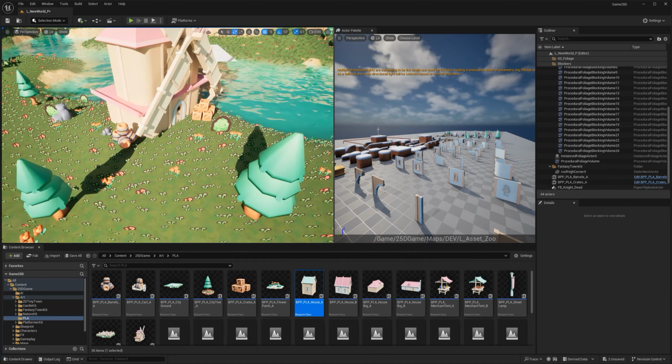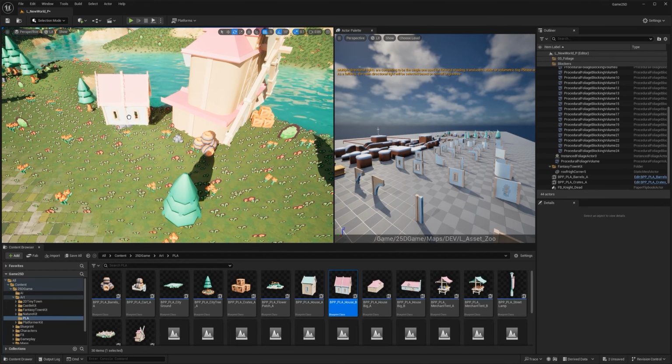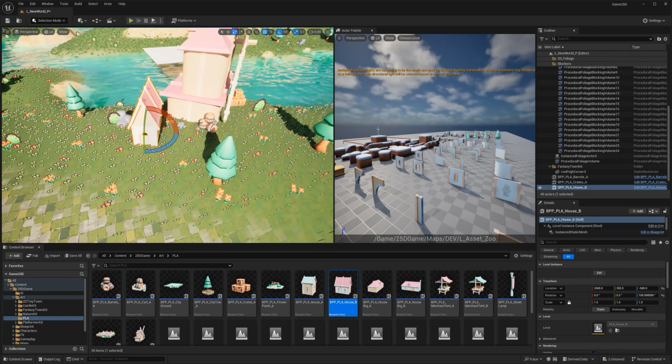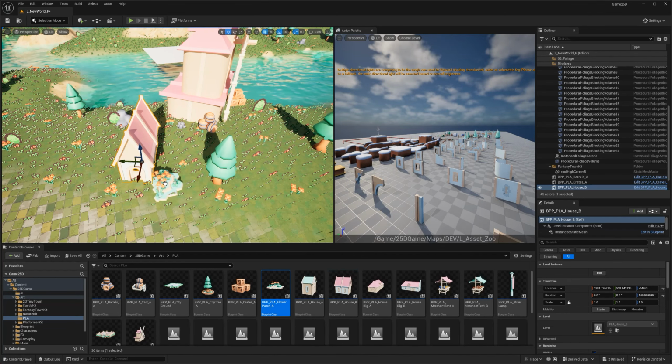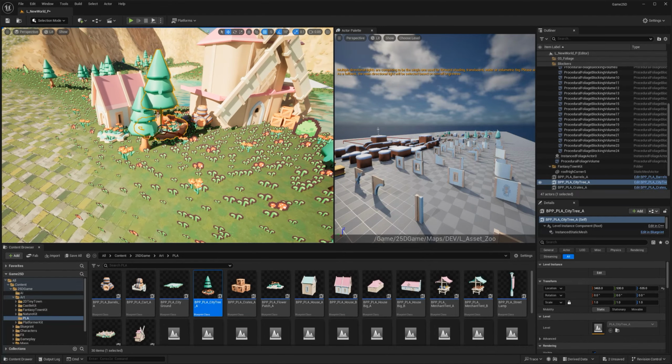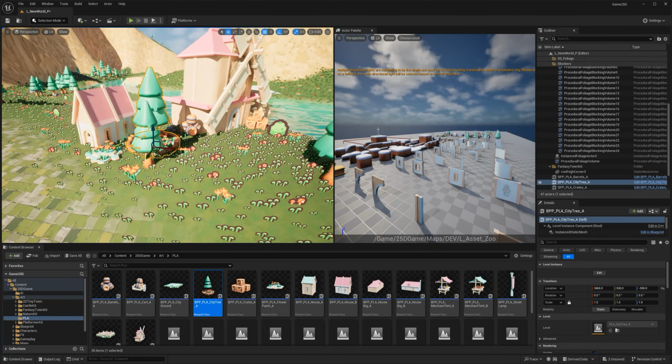Maybe this thing here is like someone's house, so you can just go there, use the same color, and put that house there by the road. Maybe you want a patch of flowers. There's a patch of flowers right there. Maybe you want an arrangement of a tree, like something that looks like someone planted that tree in a planter. I saved that one there too.